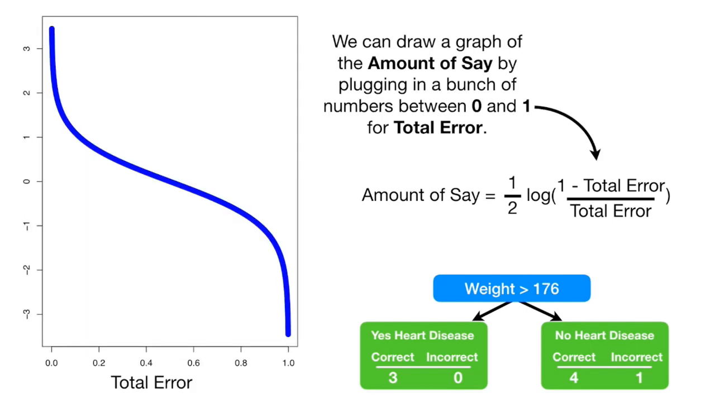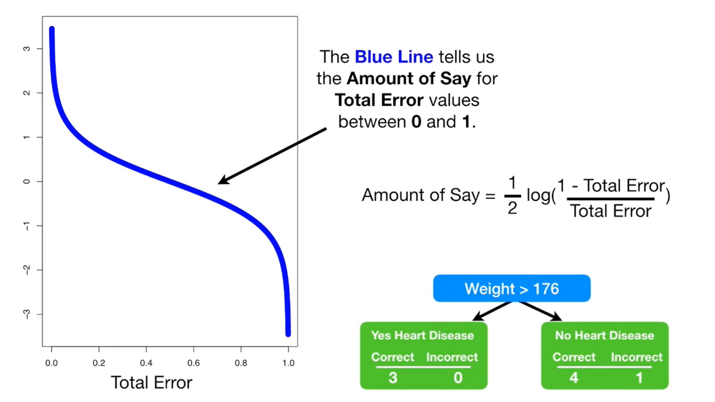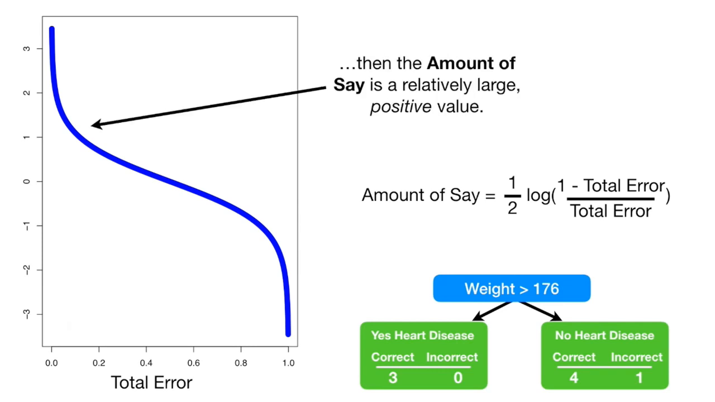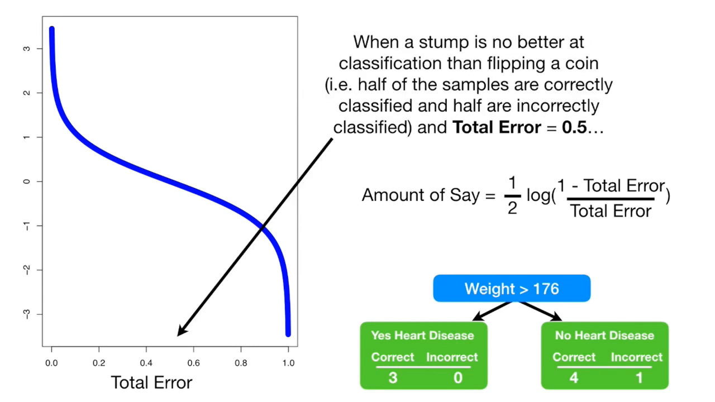We can draw a graph of the amount of say by plugging in a bunch of numbers between 0 and 1 for total error. The blue line tells us the amount of say for total error values between 0 and 1. When a stump does a good job and the total error is small, then the amount of say is a relatively large positive value. When a stump is no better at classification than flipping a coin, i.e. half the samples are correctly classified and half are incorrectly classified, and the total error equals 0.5,